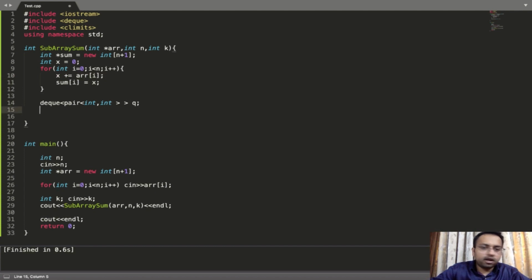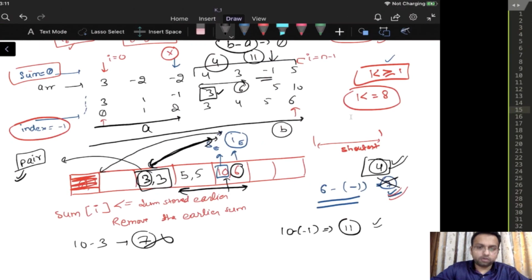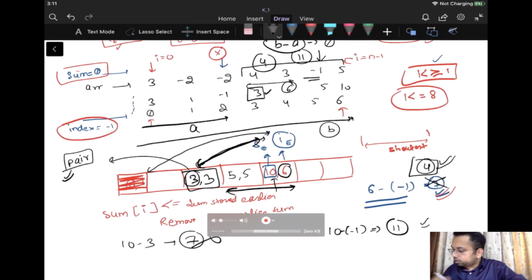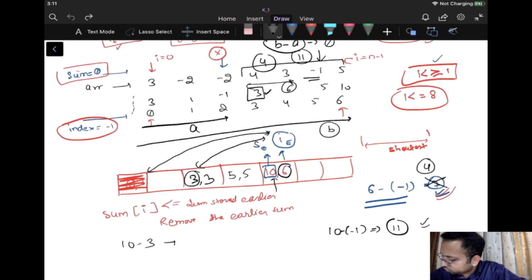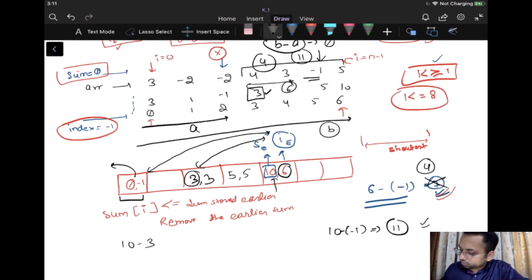So we have created a doubly ended queue, right? The next thing is, once we have created this doubly ended queue, you have seen earlier that we have stored 0 comma minus 1.